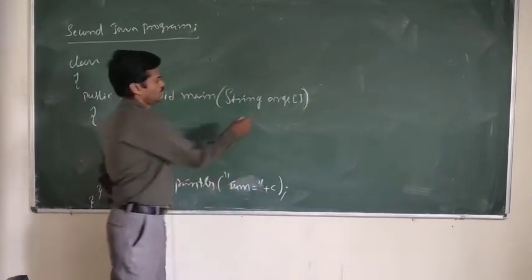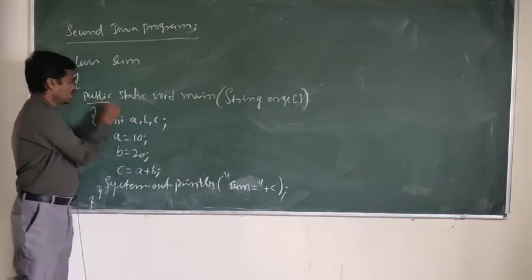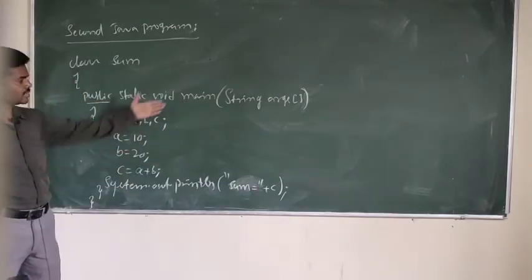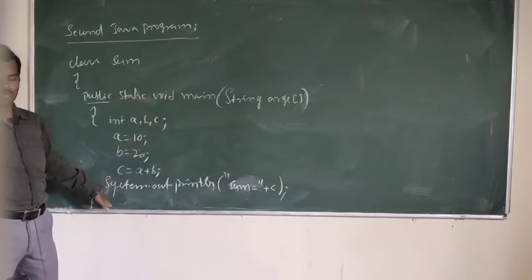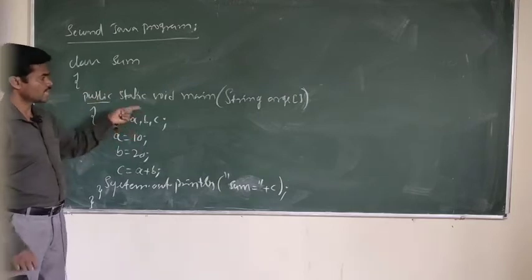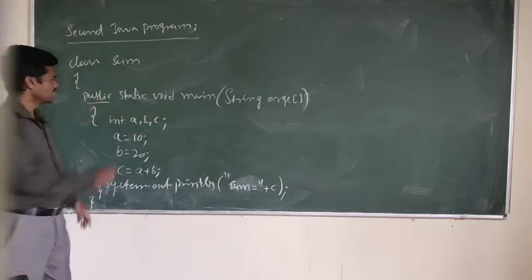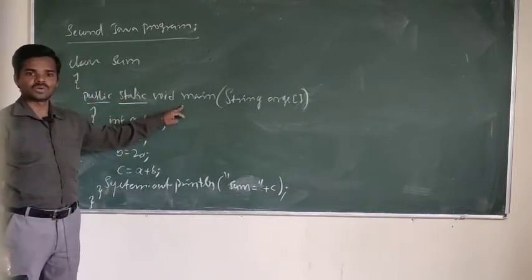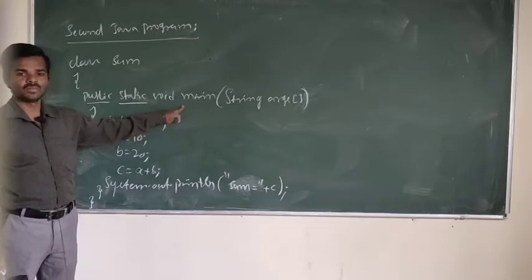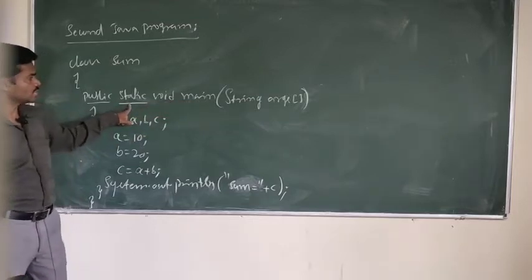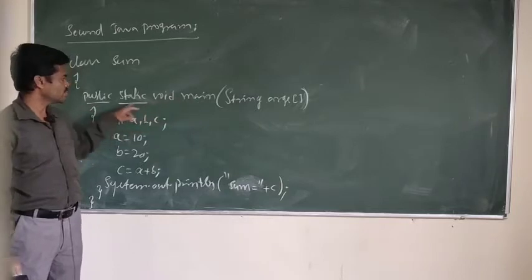So here we will see one by one. Public, I already told you, is an access specifier. You can access this main method anywhere in the program, even outside of the class, even from another program. So it is always public. Then static is a keyword. You can call the main method first, before creating any objects or before executing any methods in the program. We can call the main method first, so it is static. It always gives priority to calling the main method first with the help of static.